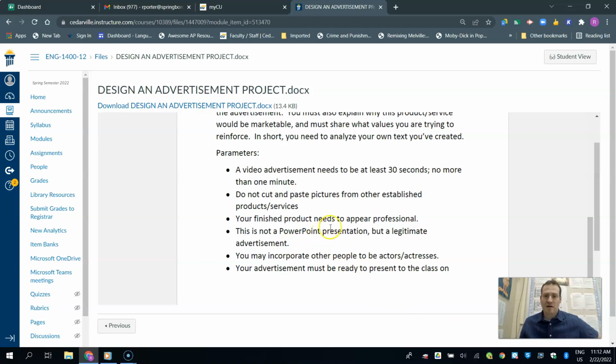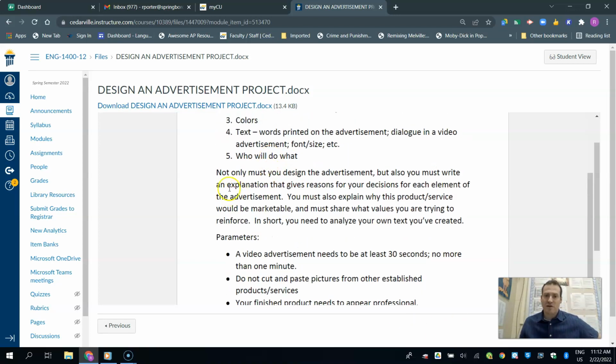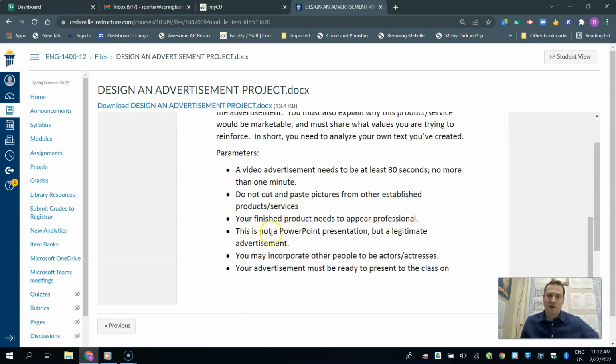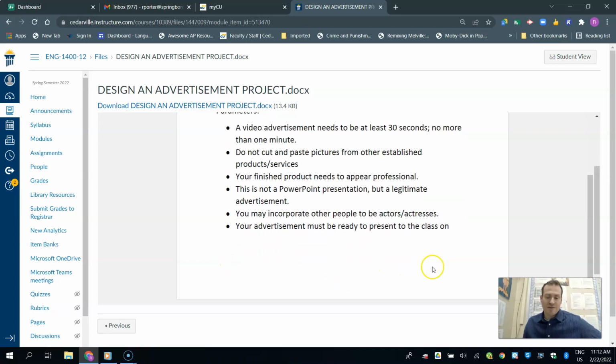As far as the explanation of your video, or whatever you choose to do for your advertisement, that's something that you can either hand to me physically on paper, or I can put a spot on Canvas where you could upload your advertisement information there. You may incorporate other people to be actors or actresses if you're doing a video of some sort, or posing for a picture or whatever it happens to be. And your ad must be ready to present to class on